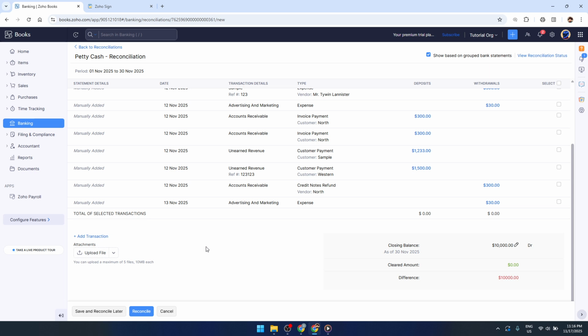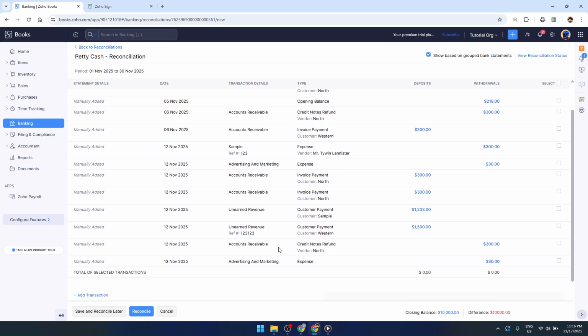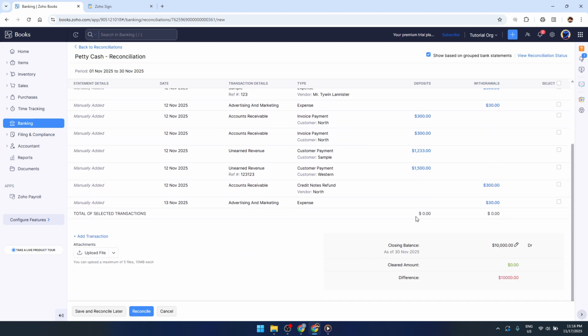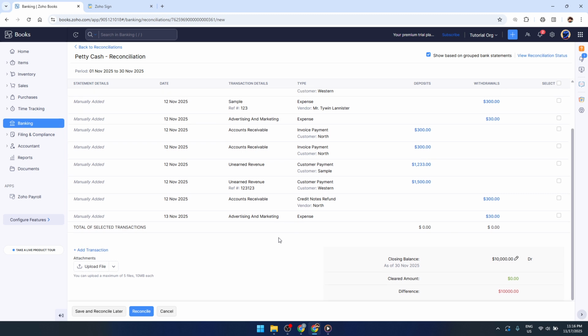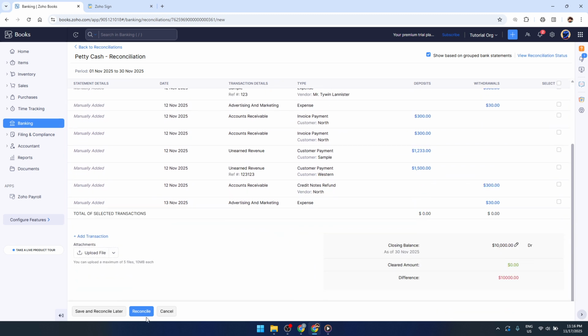As you proceed, it's vital to review discrepancies. Once matching and categorizing is complete, take a look at the difference field. Ideally, this should be 0. Should there be a discrepancy, take a moment to go over outstanding transactions or unrecorded bank fees to identify and correct any errors. Lastly, once everything reconciles and the difference is at 0, go ahead and click the Reconcile button